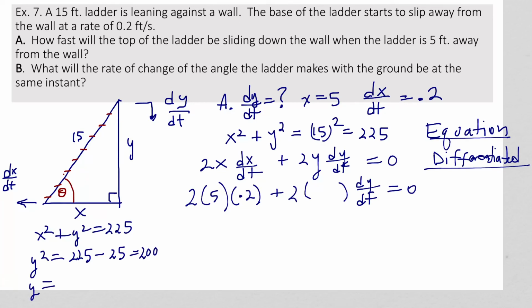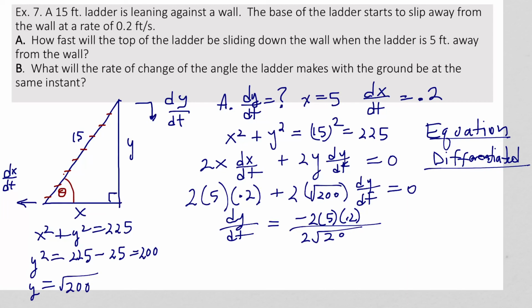So y is equal to the square root of 200. So that goes here when x is 5. All right, so now dy dt, if we solve that for dy dt, we'll get minus 2 times 5 times 0.2 over 2 times root 200. And that comes out to be, if you type it into your calculator, negative